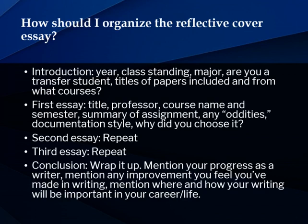Do that for each of the essays. In your conclusion, wrap things up. Mention your progress as a writer. Mention any improvement you feel you've made in writing. And look forward, mentioning where and how your writing will be important in your career, your upper level classes, or